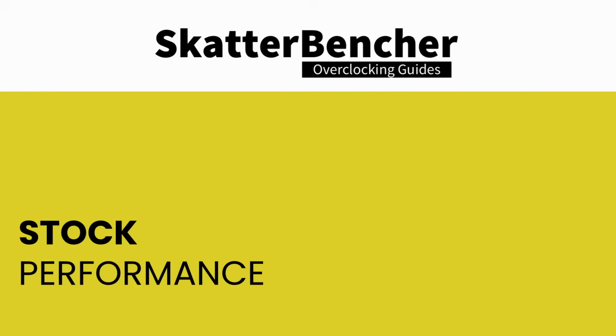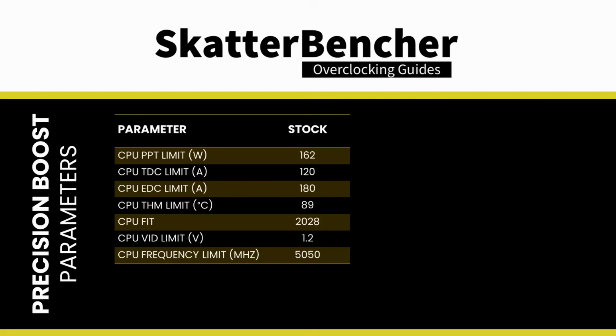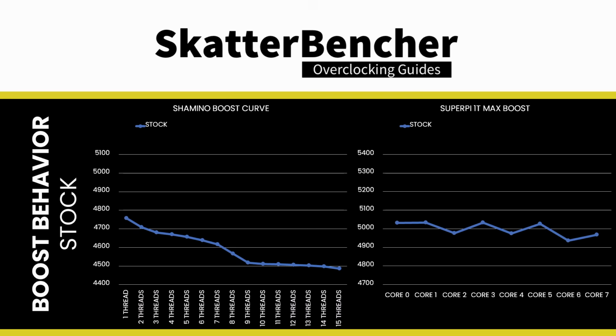Before we start overclocking, of course, we have to check the performance at stock settings. Please note that the Precision Boost 2 boosting algorithm governs or manages the performance over base specification. The standard parameters of the Precision Boost algorithm for the Ryzen 7 7800X3D are as follows. We use the Shimano boost curve and SuperPi 32M to check the CPU boost behavior and per core maximum effective